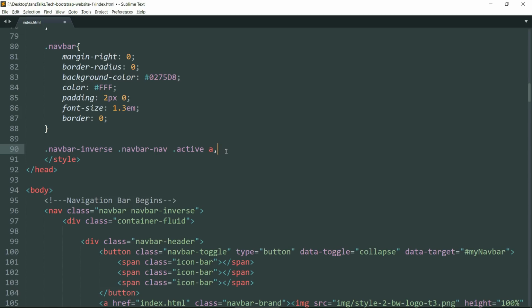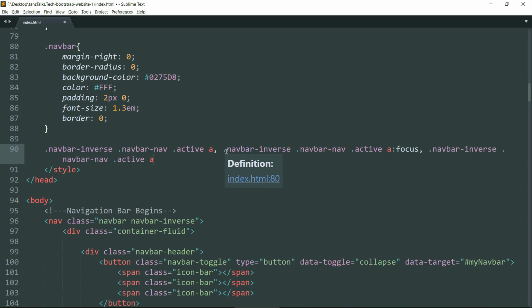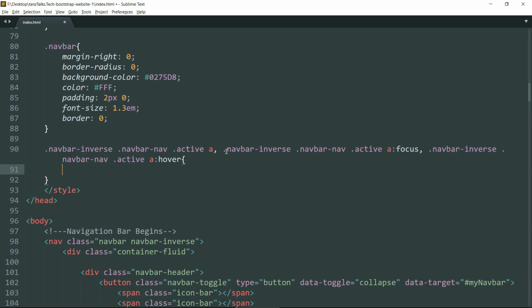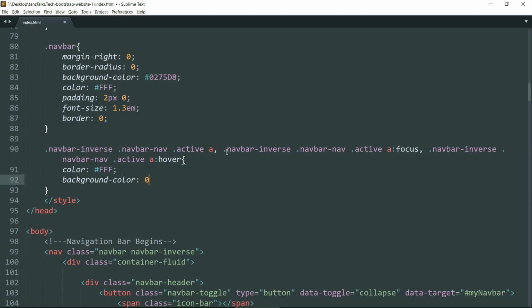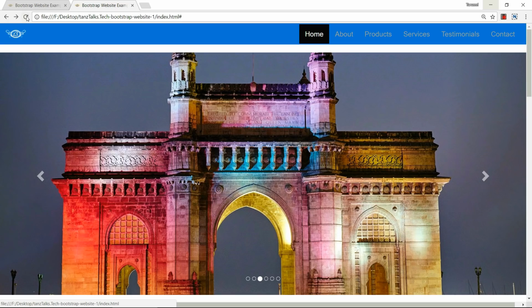Now paste it. Write colon focus comma, paste it again, then again a colon, and hover. Now open curly braces. Now give it a color of #FFF, that is the code for white. Then background color is #0275D8, that is the color of the blue that we are using in footer and navigation bar.